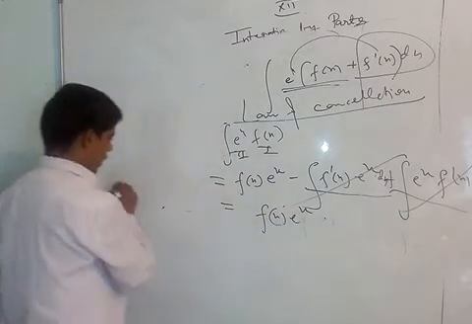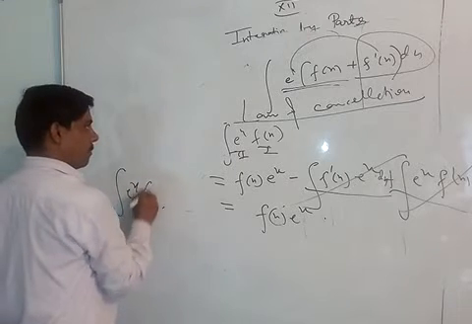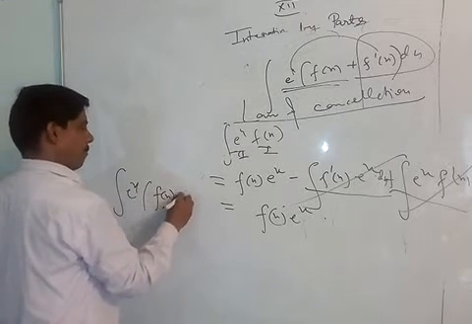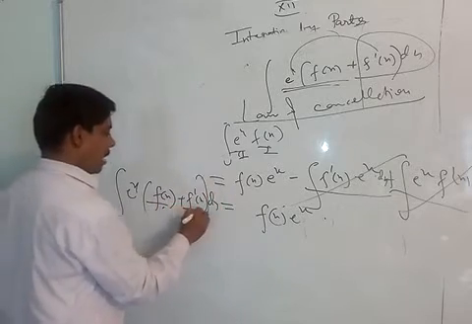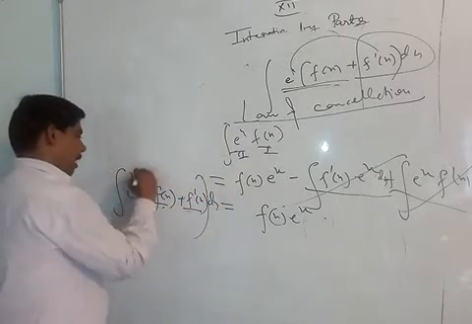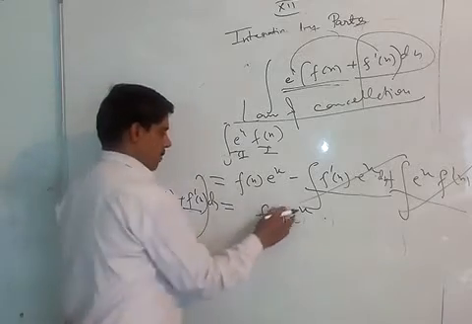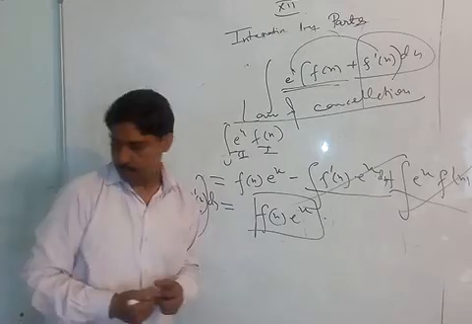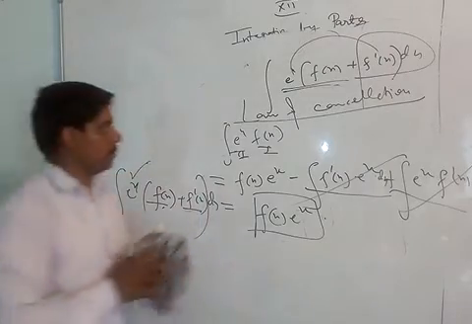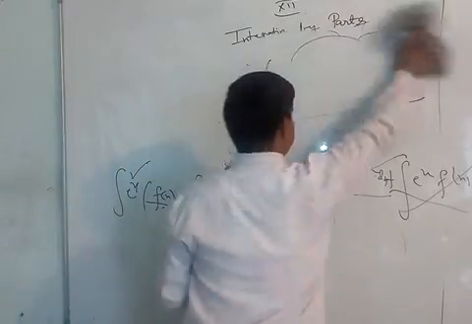So whenever you have to integrate e की पावर x [f(x) + f'(x)] dx, मतलब फंक्शन है और उसका डेरिवेटिव हो और e की पावर x बाहर हो, तो उसका आंसर आएगा वही फंक्शन मल्टीप्लाइड बाय e की पावर x. Now इसको भी हम डायरेक्ट यूज कर सकते हैं. We can directly use this.